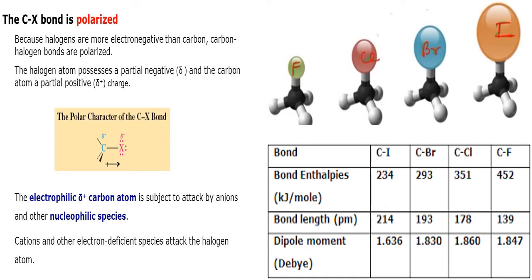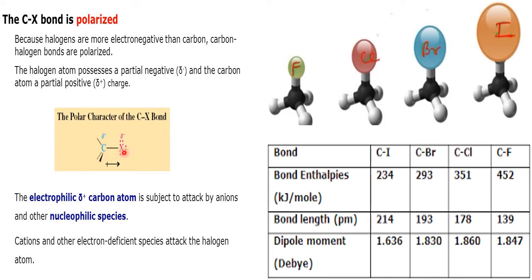As I told, let us understand the bond. This is a general example for a haloalkane. This is CH3 and this is the halogen, so maybe this is CH3Cl or CH3Br or CH3I. You can take any example. This is one general way of writing a haloalkane. X is any halogen, and these three are hydrogen. This is one carbon. Now concentrate on the bond between carbon and the halogen.